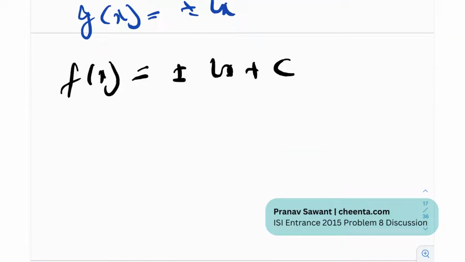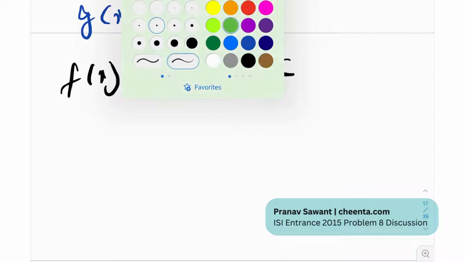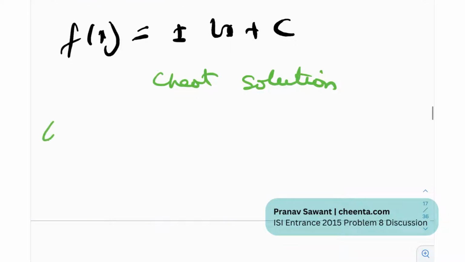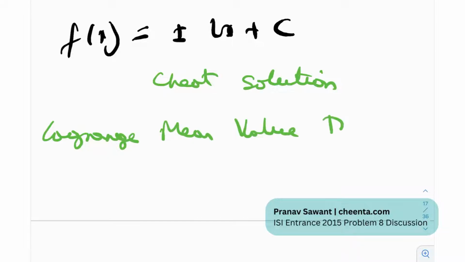So this is kind of an interesting thing. And another thing that you can maybe note is Lagrange's mean value theorem. So what I was talking about earlier was like a cheat solution, right? What is a cheat solution? A cheat solution is obviously not a perfectly correct solution, but if you do this, maybe you can get a good idea of how to proceed with the actual solution, with the formal solution. So to know the cheat solution, let's first discuss Lagrange's mean value theorem. This is commonly known as LMVT,